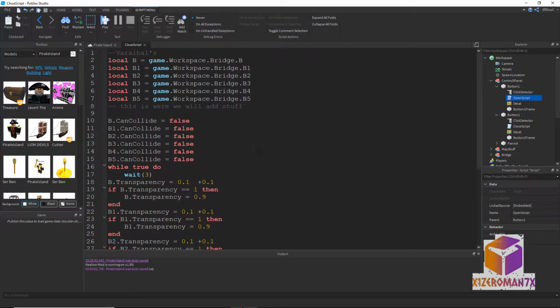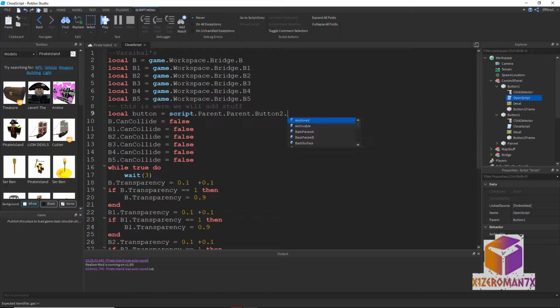Then what we're going to do is, because right now people can't press the button, it won't work. What we're going to do is make a reference to this button. So we'll go script.parent, and we'll go local button equals script.parent dot button 1. It's not button 1 that we want though, it's button 2. And then we go dot,